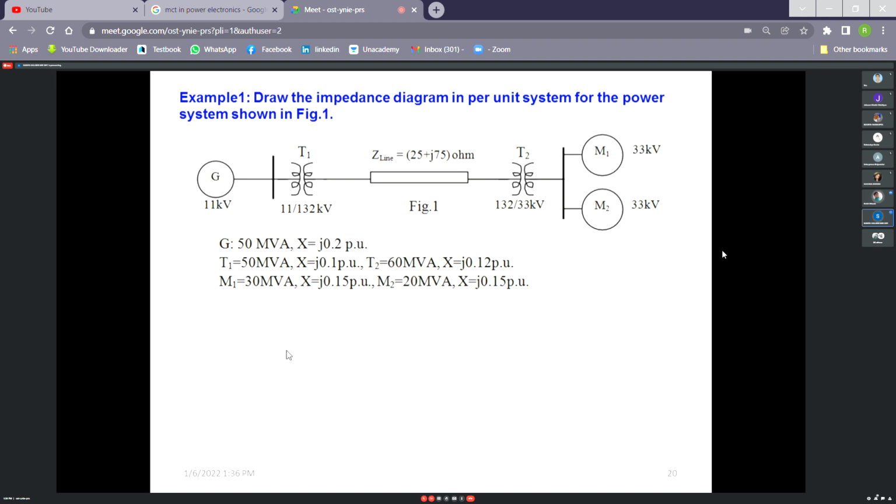Have you understood? Yes, ma'am. So here the best base MVA is 50 MVA, the best approach. If you take 50, you have to make two calculations less. If anybody takes 100, then he has to calculate two more. Nothing more than that. So it is entirely your decision, because when you convert it to actual value, it will be the actual one. Understood? Yes, ma'am.